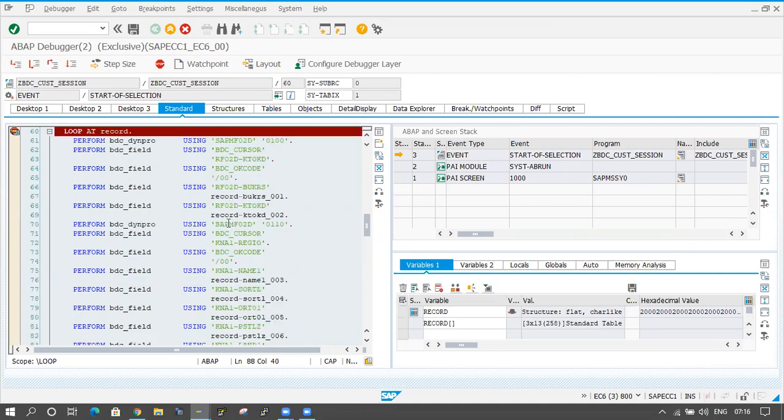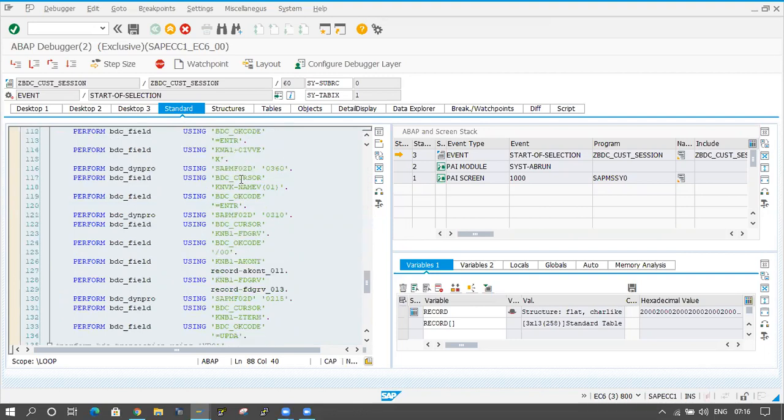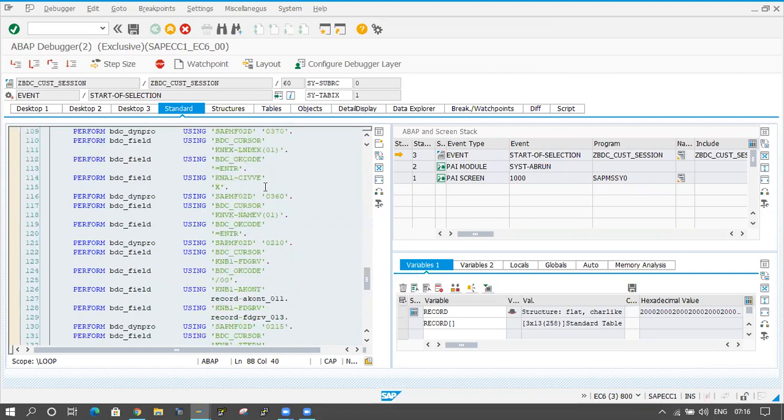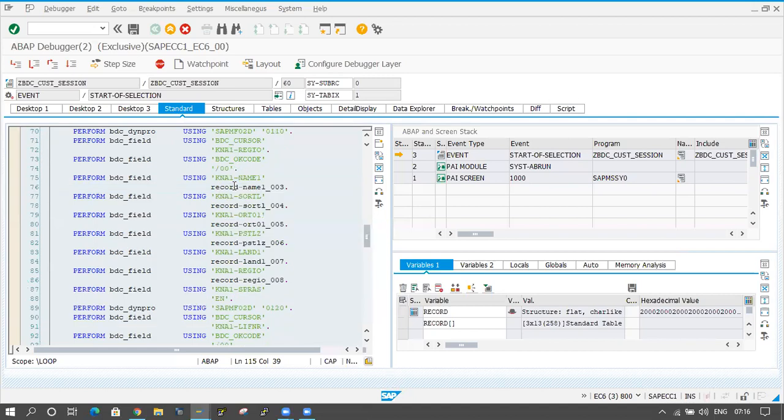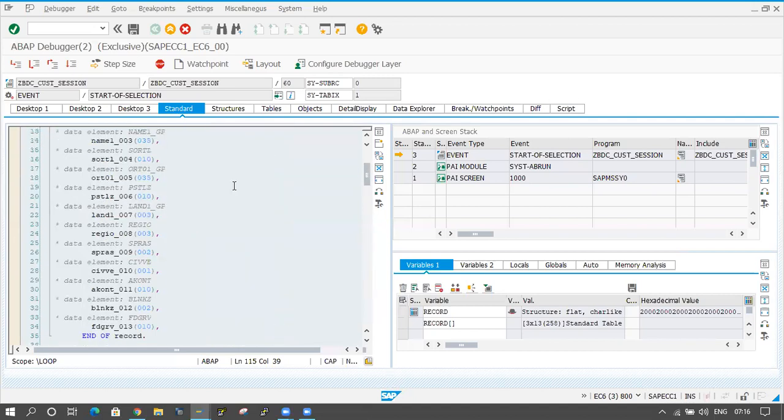And one more thing also. This one, CAVBE is coming, right? So this CAVBE also I am maintaining as the default value X. So we should not take that one in the declaration of the internal table. We are not taking that one from the Excel sheet. And here also CAVBE, I have to remove this one.